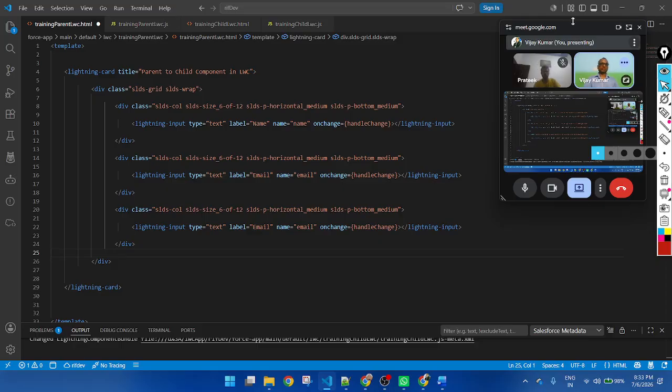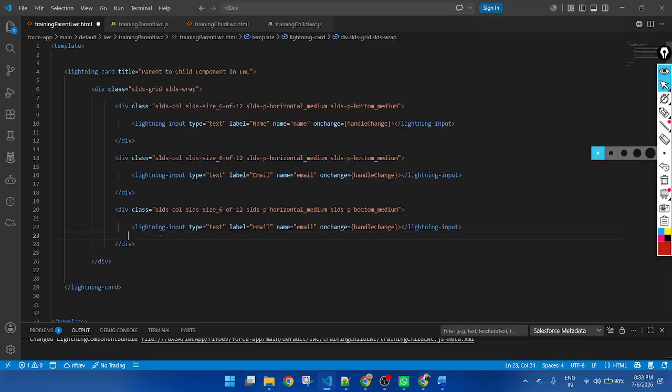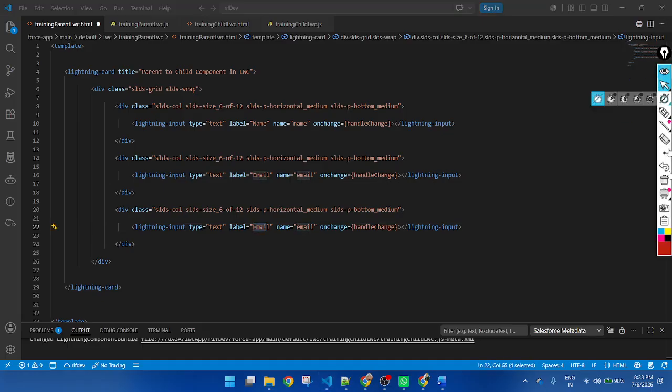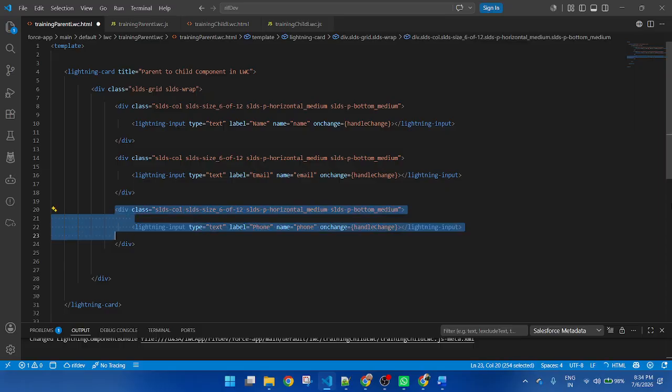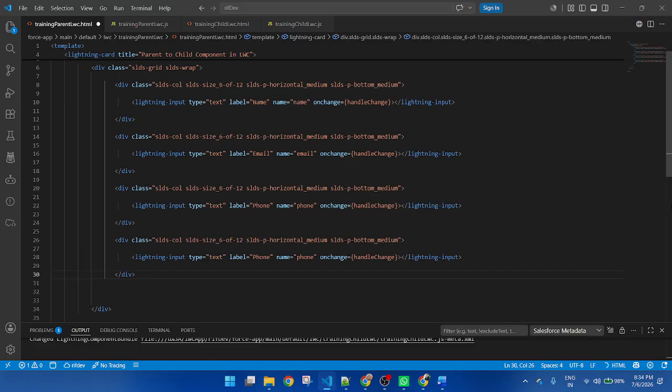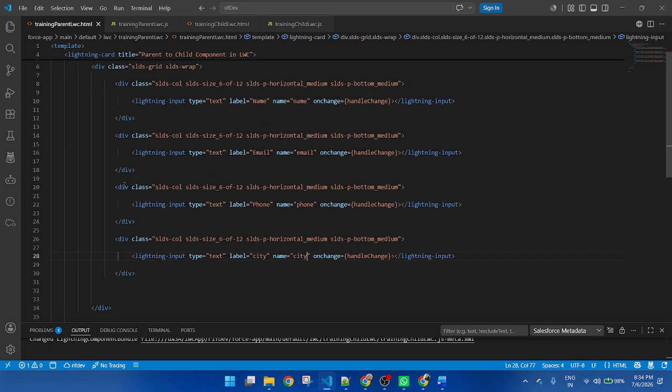I close this one. Email, phone, okay, and city. Okay. So I created four input fields here.